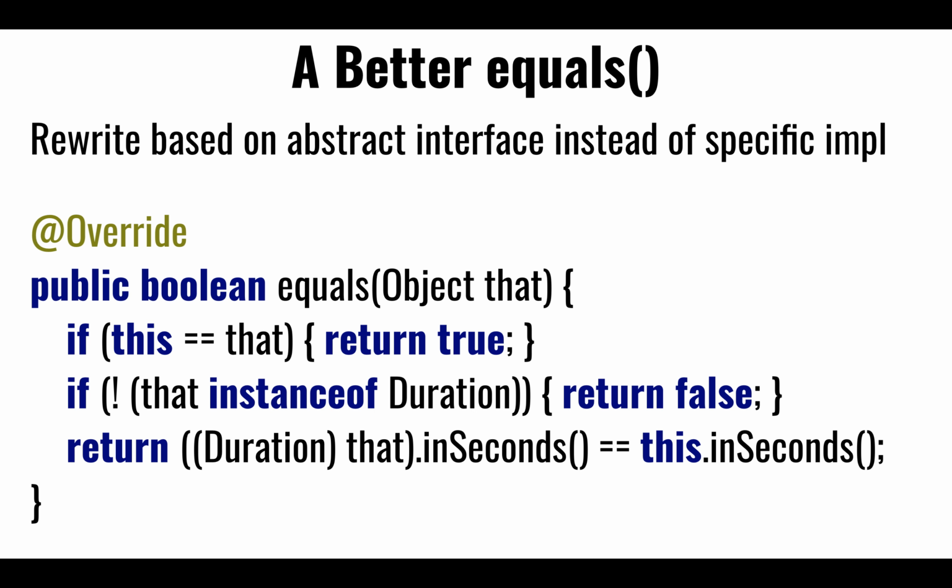So here we're going to check to see if it's the same pointers. Then why even bother? Obviously they're the same. But here, instead of using the particular implementation, we're going to say, is it an instance of duration? Obviously, if you're an instance of some child, you're also an instance of some parent. So if you're duration impl, then this is true. Or if you're not,